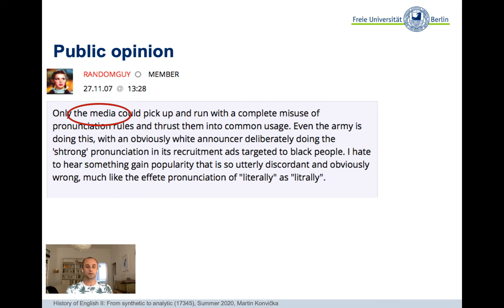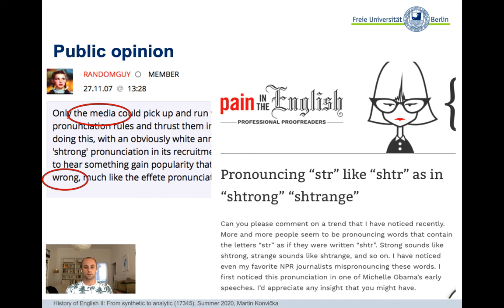So the media are doing something, right, complete misuse, utterly discordant and obviously wrong, right? Or here pronouncing street like shtreet as in strong, strange, right? Again, they are ascribing that to journalists who are mispronouncing words,